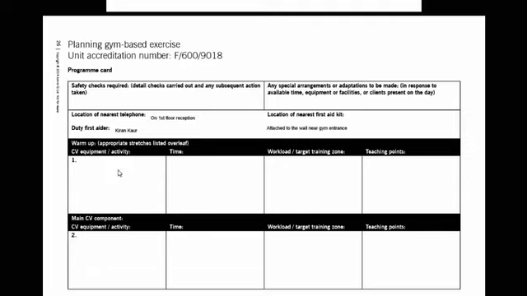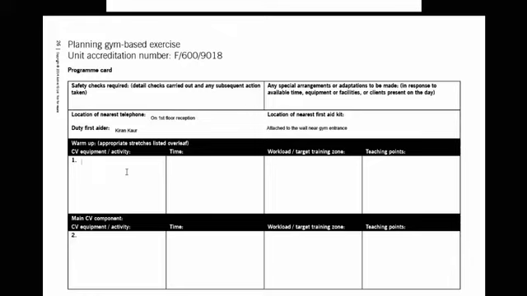But we need to be a little bit clever in our thinking here, okay? If my client's main goal is to run the marathon or complete a long distance endurance type run, then the main component down here is going to have to be a run, because that's what the client wants to do. If my client's main goal is to complete a long distance cycle, then the main CV is going to have to be a cycle, all right?